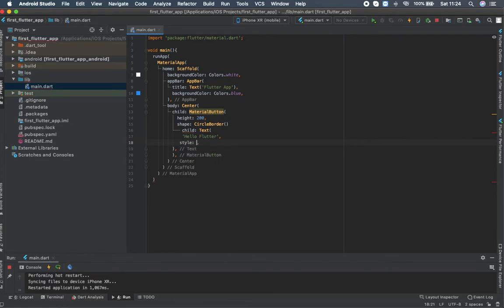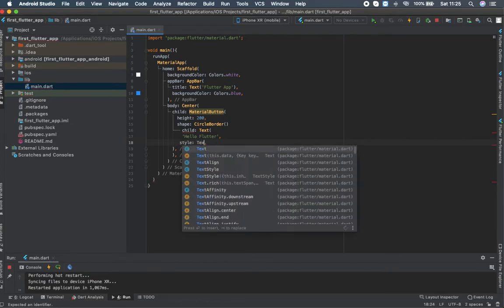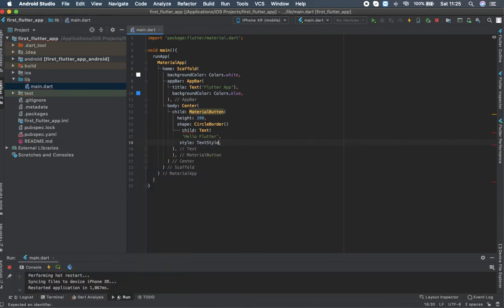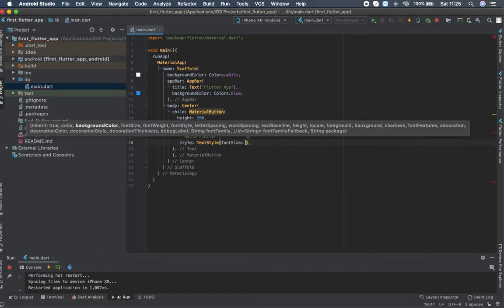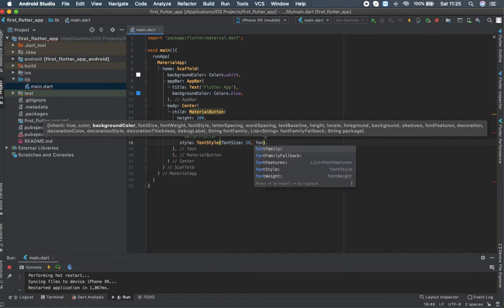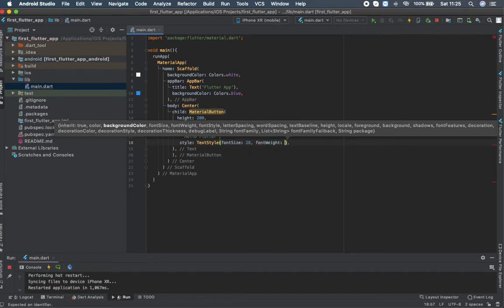Let's say style, and this is a style meant for the button text. So inside that style text, I'm going to put some font size, let's say 28, and font weight,